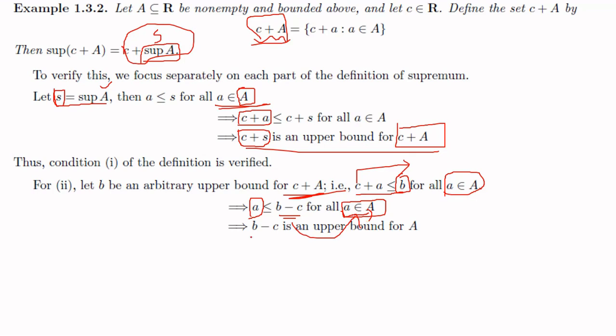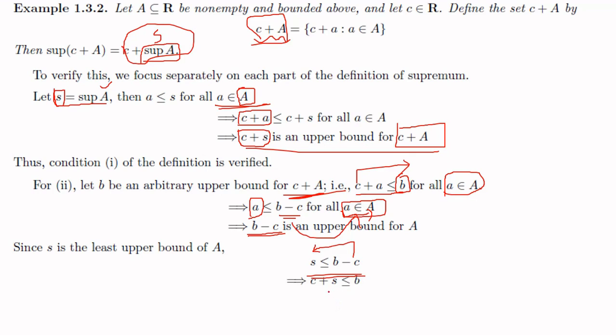Now, as S is equal to supremum A, we know that S is the least upper bound. And here we have B minus C is an upper bound. And since S is the least upper bound, we will have S is less than or equal to B minus C. Now, if you move this minus C here, you will get C plus S is less than or equal